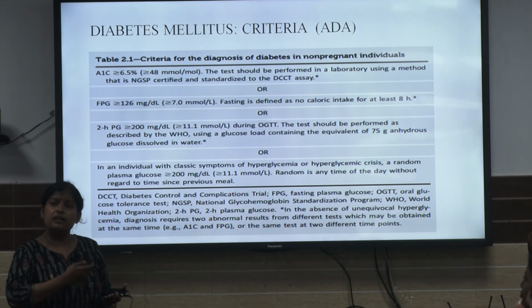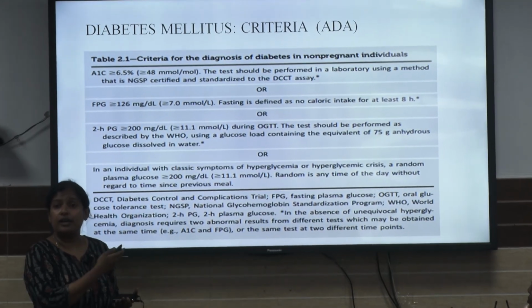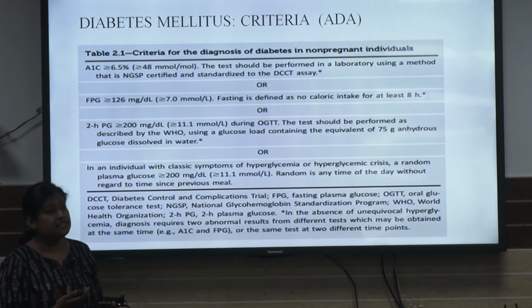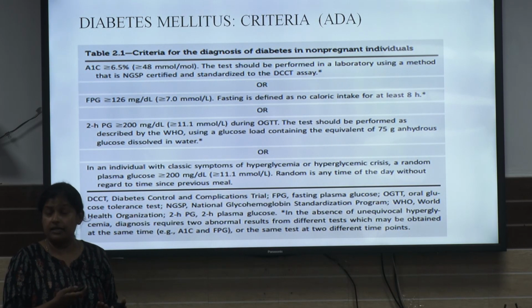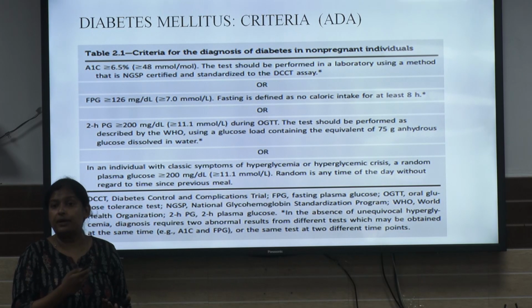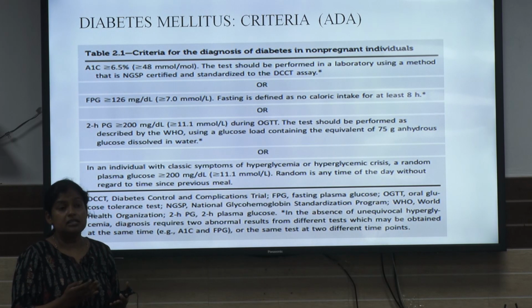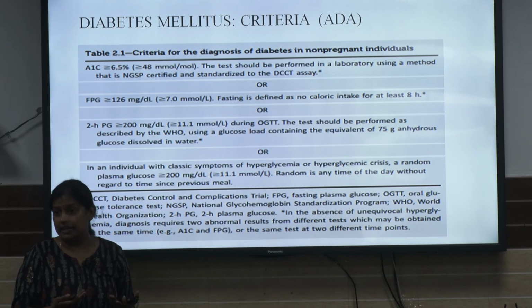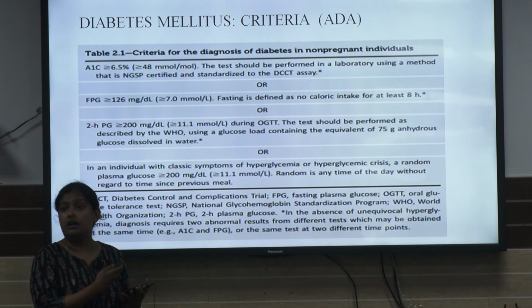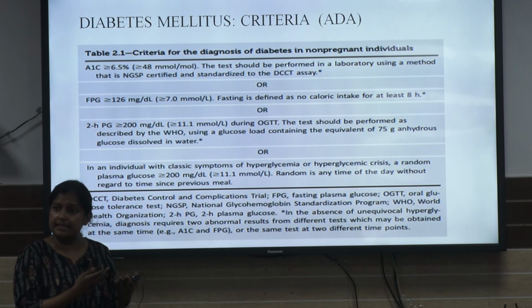Now, what is important is which investigation is better if we can diagnose with all. For an acute complication, it is better to go in for a fasting blood sugar level, which is more than 126. The advantage of this method is it is an easy test to be done. Almost all laboratories will be able to provide it. But the problem with the test is the pre-analytical handling of the sample. That is, if the sample is not immediately processed, it has to be kept in ice. Otherwise, hemolysis occurs and the enzymes within the RBC will metabolize it faster and you might have a fallaciously wrong value. So that is the importance of knowing that we can do a blood sugar fasting easily, but the problems